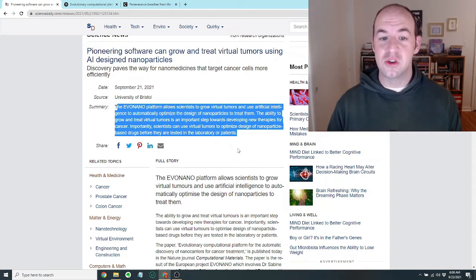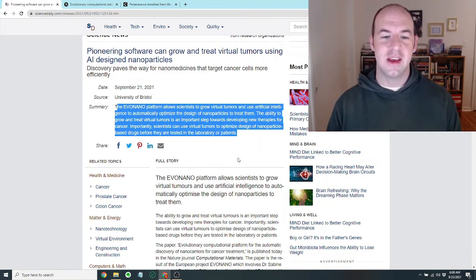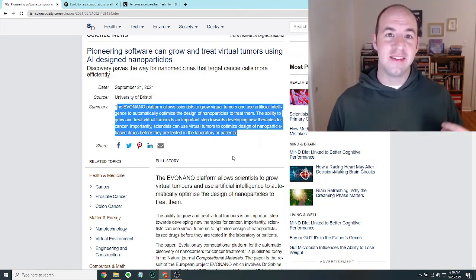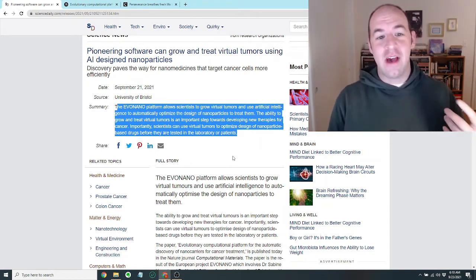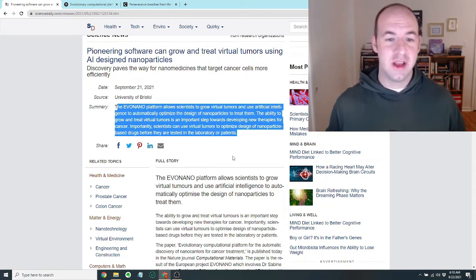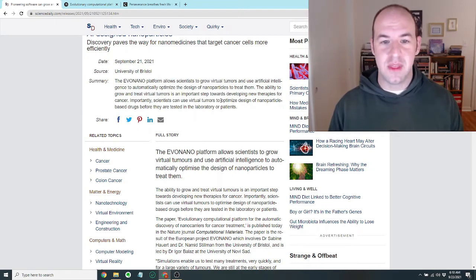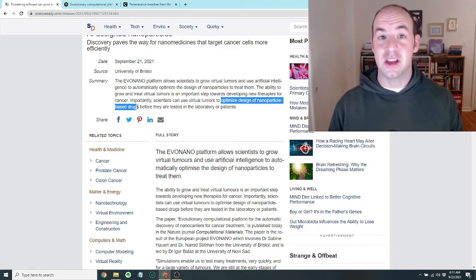Importantly, scientists can use virtual tumors to optimize design of nanoparticle-based drugs before they are tested in the laboratory or patients. So the main thrust of this research is that since every cancer is essentially unique and each tumor is also unique, we'll have more success in treating a specific tumor if we can customize the treatment for that tumor. And when they say optimized design of nanoparticle based drugs, they're specifically talking about what are